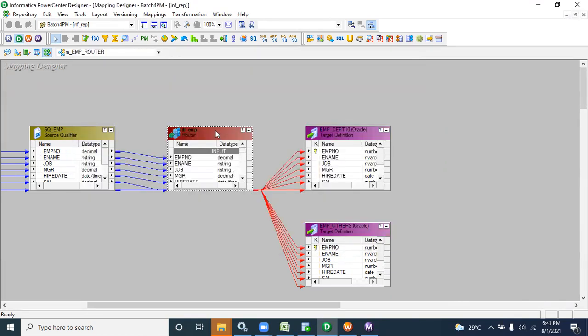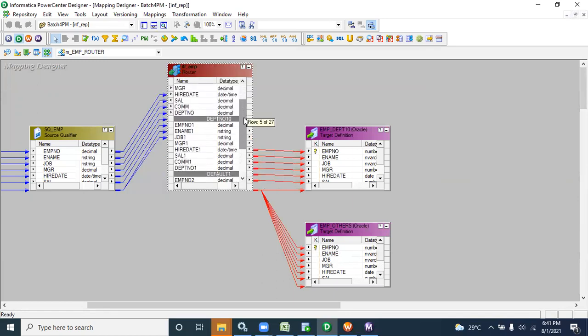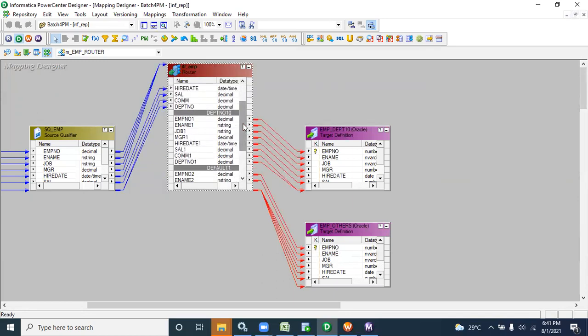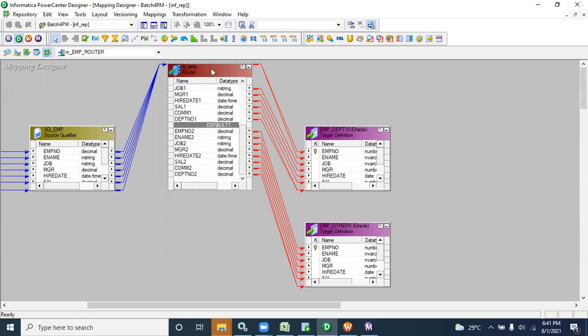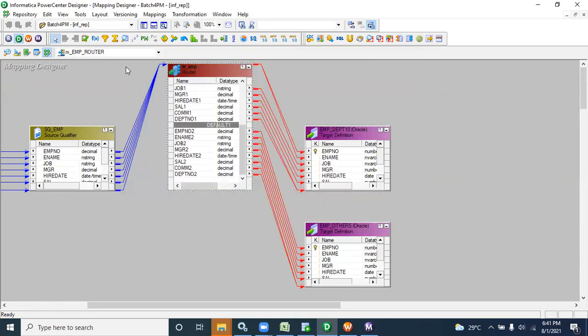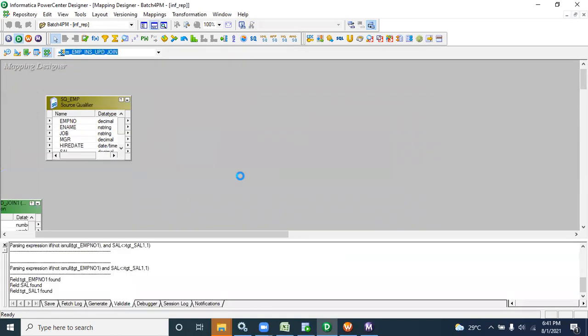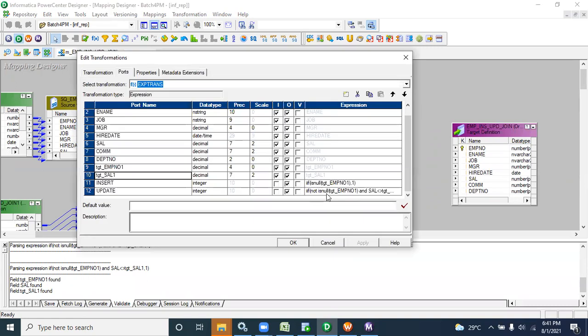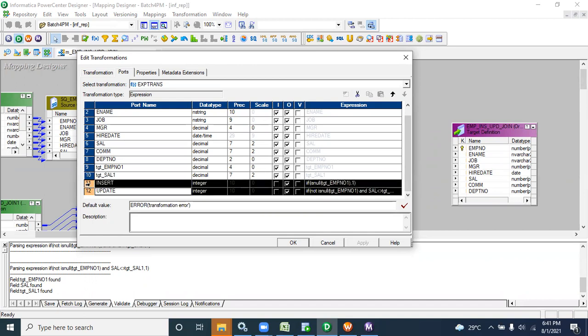Now what are we doing? We are keeping department 10 in one group and the other records in the default group. But when we do insert and update, in one group we write the insert and in the other group we write the update. In the expression we define the logic, but the expression transformation doesn't have the capability to filter the records.